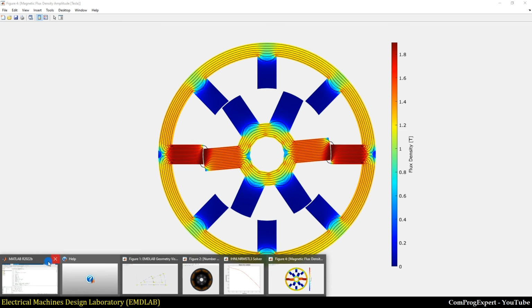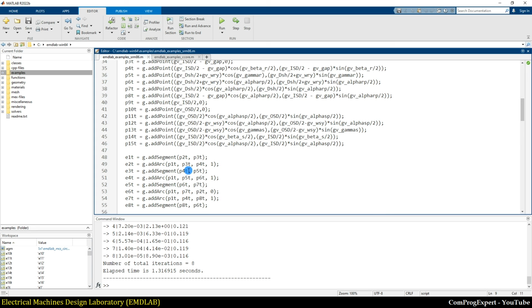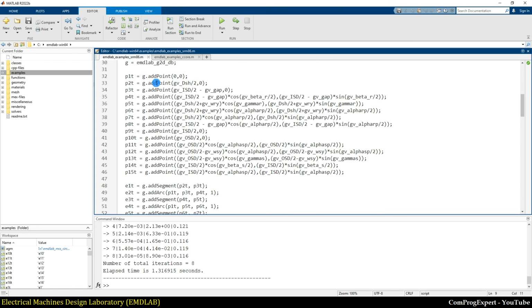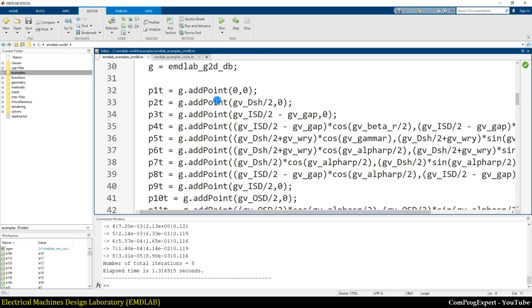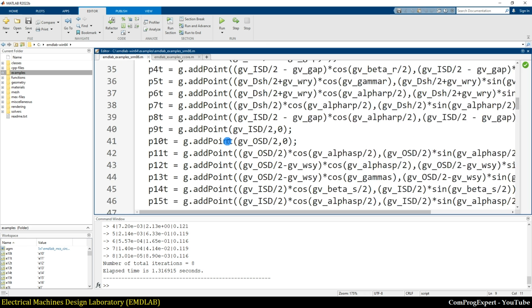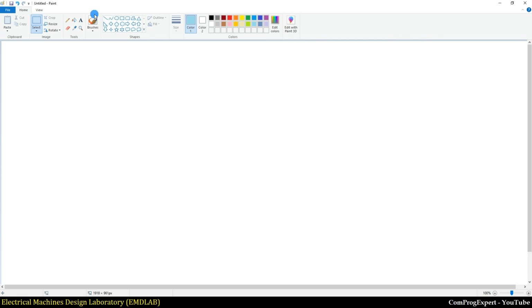The most important one was the order for definition of the points and segments. In the previous code, when we add a new point or add a new segment, this function g.addPoint, in the previous version,